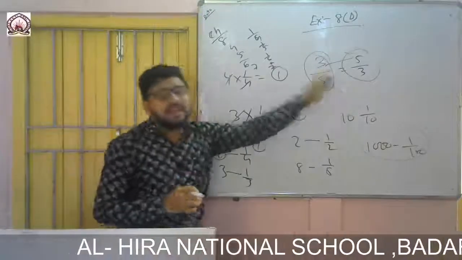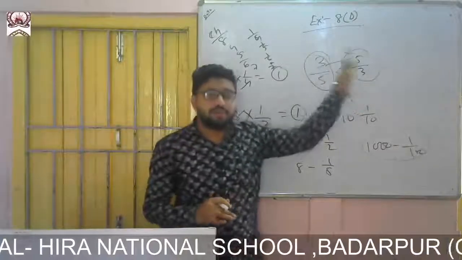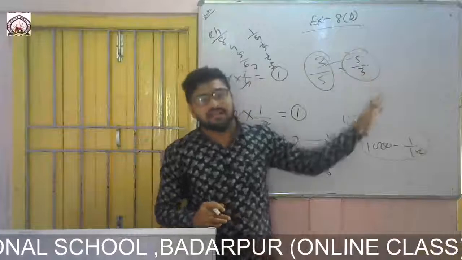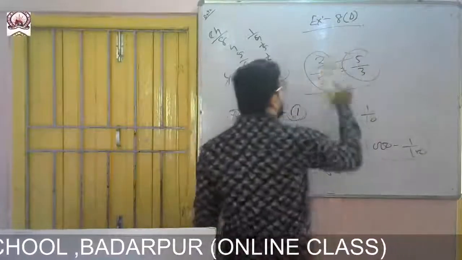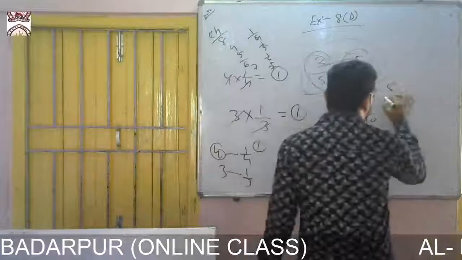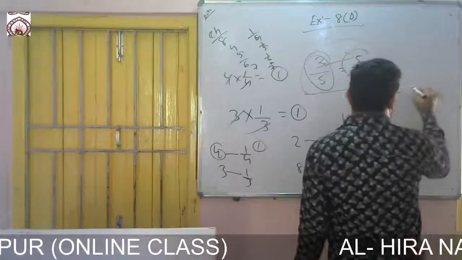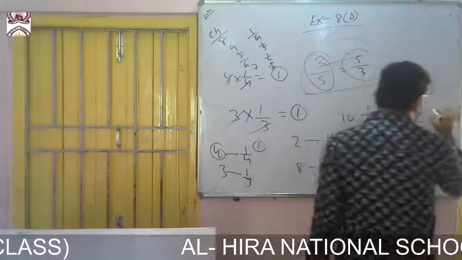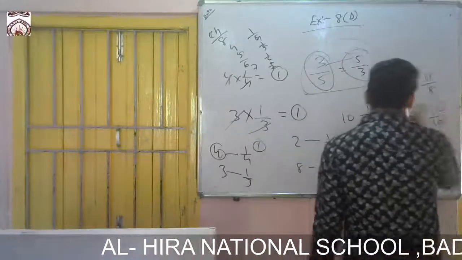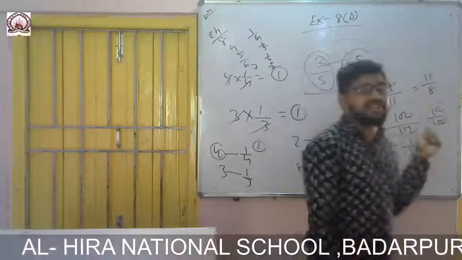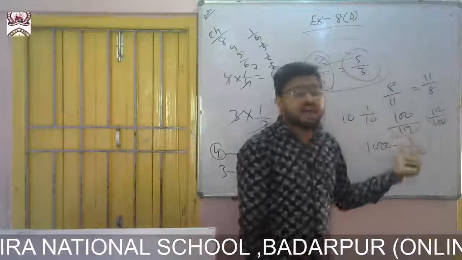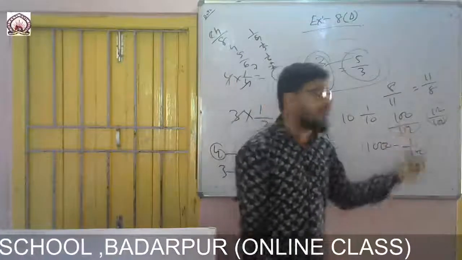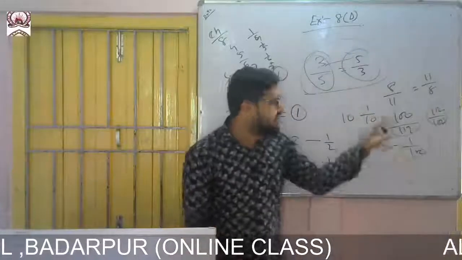And if you get a fraction, then you just interchange the fraction. Make the numerator the denominator and the denominator the numerator, like this one. Suppose 3 by 5. If I take 8 by 11, it will be 11 by 8. If I take 100 by 112, then it will be 112 by 100. After interchanging the fraction, whatever fraction we get will be the required reciprocal of the given fraction, and that will be the answer.